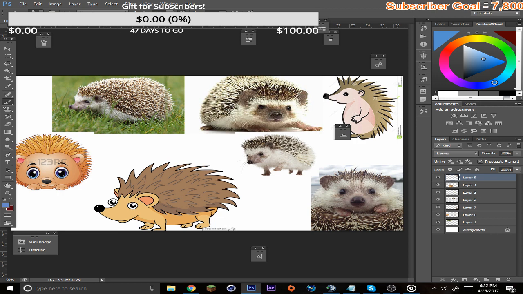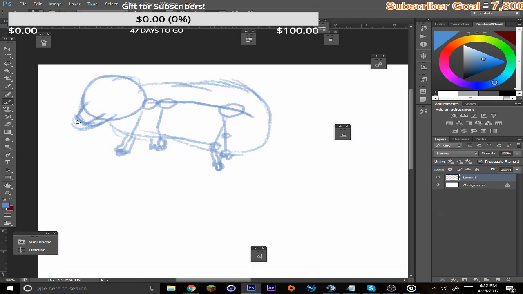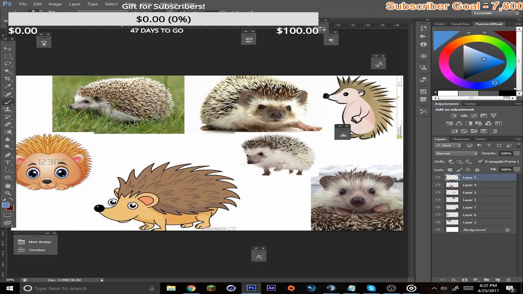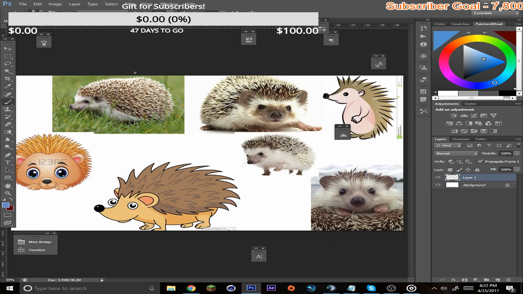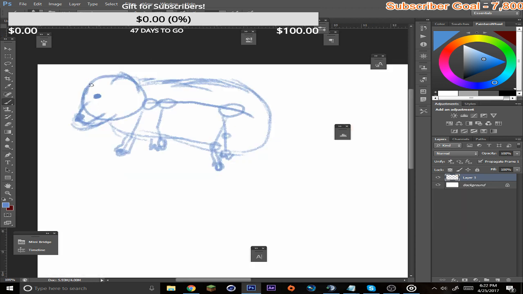So they have their cute little nose like this, and they have their eyes, and they have little ears. But what really sets them apart from any other animal is their spikes. On their head, you can see the spikes starting to form. But once it gets to the body, that's where the spikes really come.